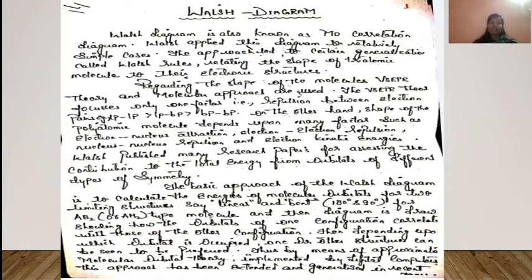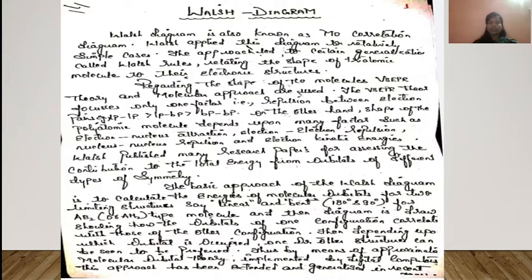So we are going to study the geometry of the molecules between two angles, 180 degrees and 90 degrees, that is how the geometry of the molecules changes on bending the molecule from linear, 180 degrees, to 90 degrees, and for showing how the orbitals of one configuration correlate with those of the other configuration. Depending upon which orbital is occupied, one or other structure can be seen to be preferred. Thus, by means of approximate molecular orbital theory, the structures can be explained.